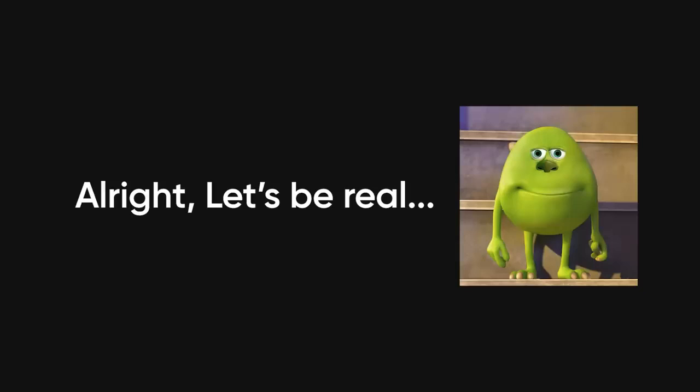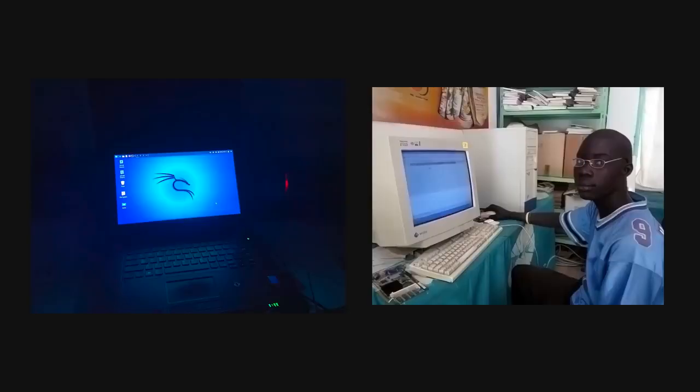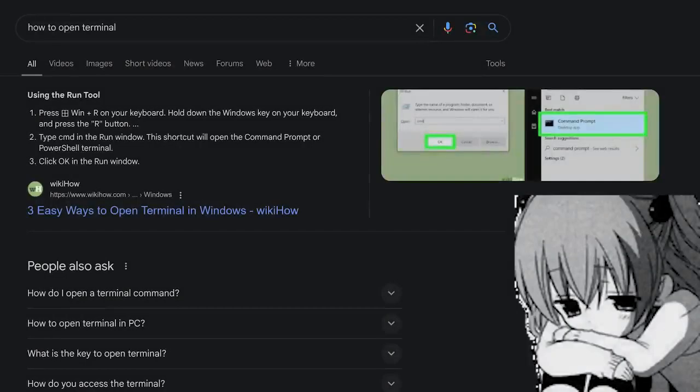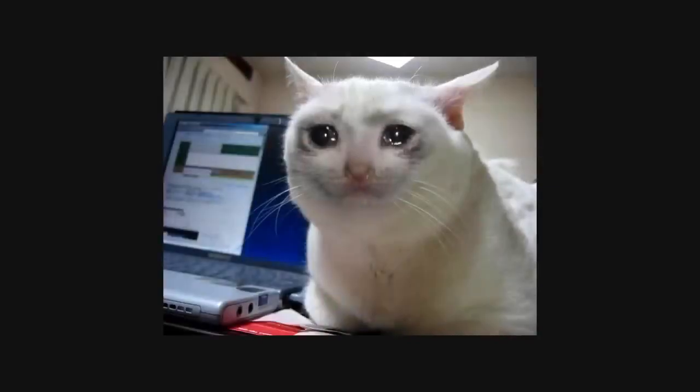Alright, let's be real. Everyone thinks they're a hacker these days. You install Kali Linux, run some script you found on Reddit, and suddenly you're in the Matrix. You even set your terminal to green text just to feel like Neo. But let's be honest, if you had to Google how to open terminal, you're probably not as elite as you